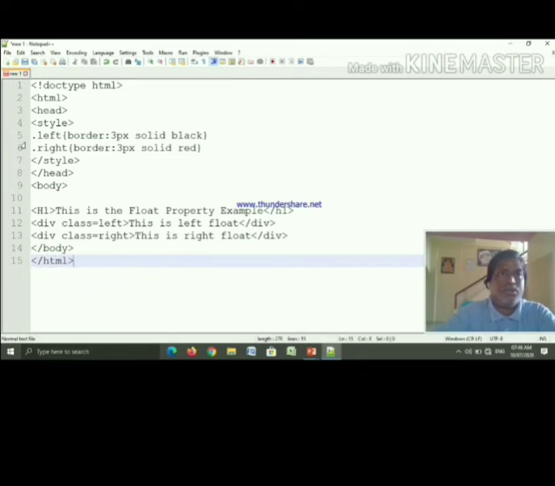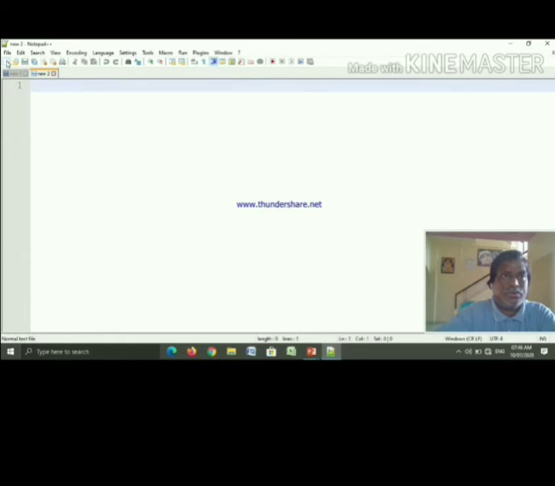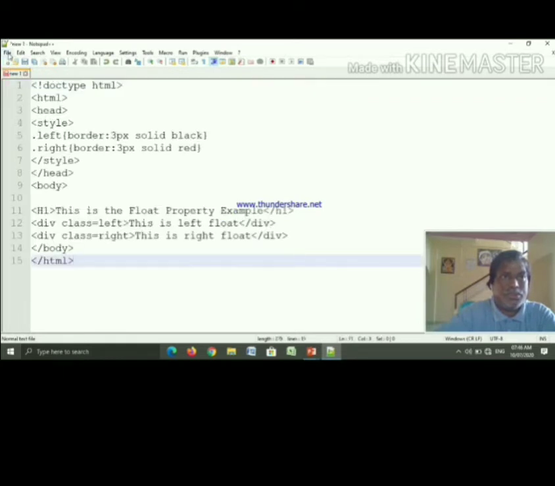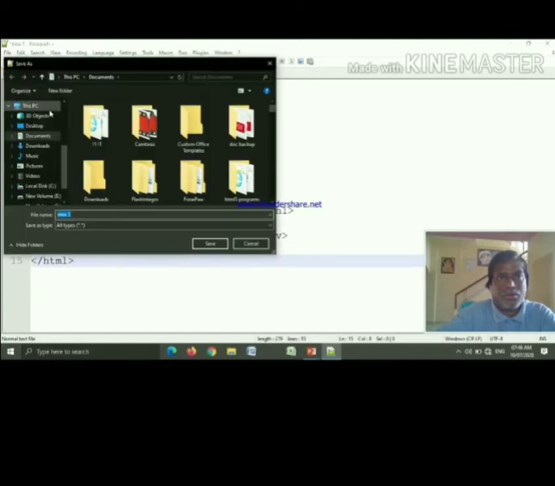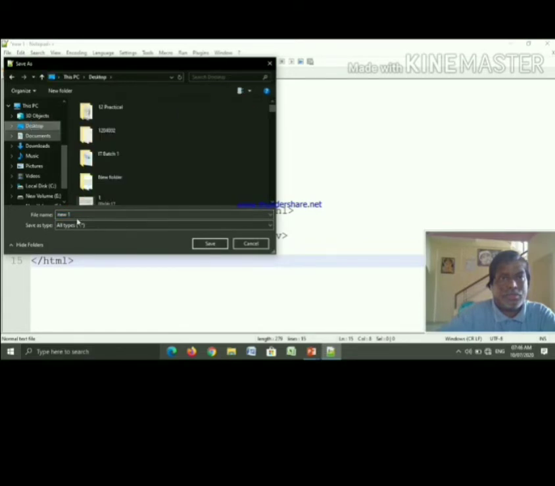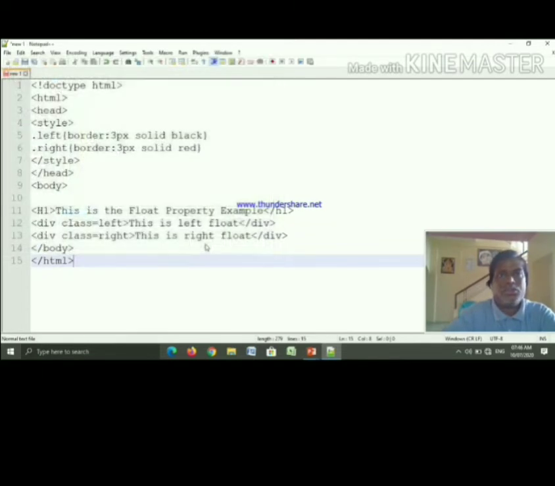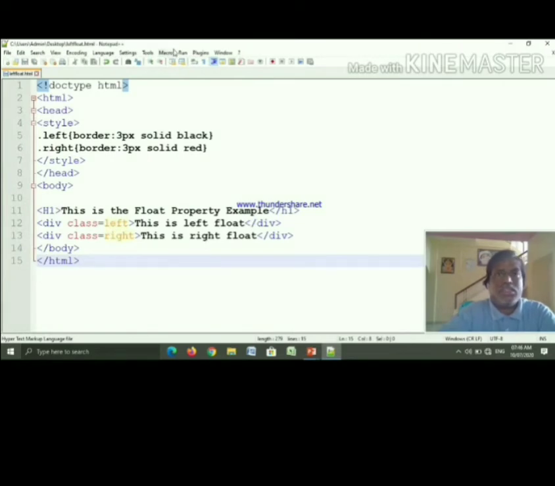Okay, now save this program. Save it with the name left float dot HTML. Okay, now this program is saved. Run this program.